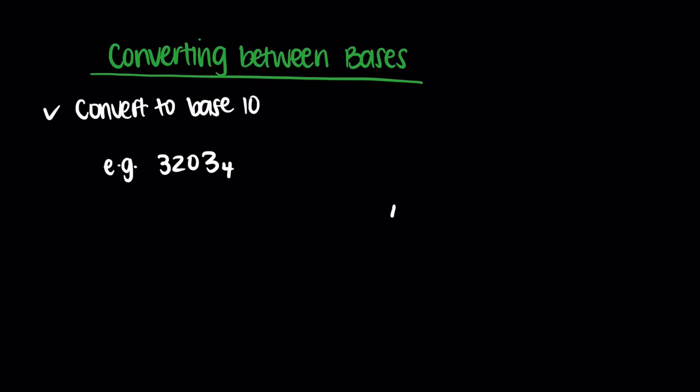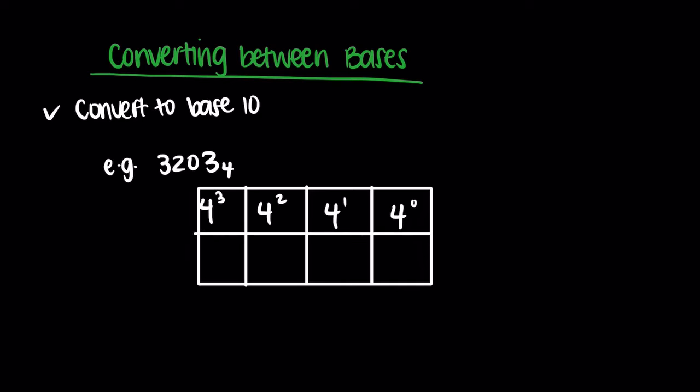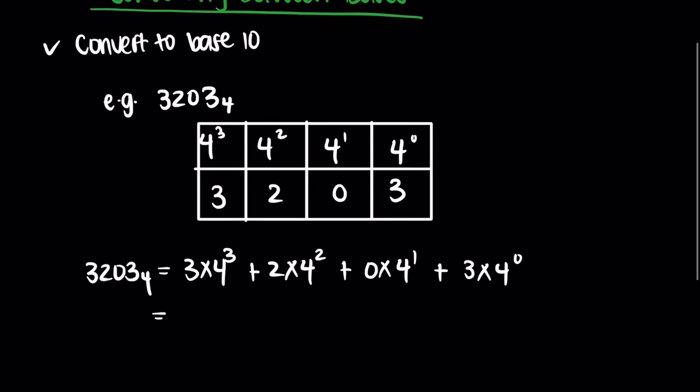We drop our place values: 4 to the 0 power, 4 to the first power, 4 to the second power, and 4 to the third power, and we place our respective digits. We get 3 multiplied by 4 to the third power, plus 2 multiplied by 4 to the second power, plus 0 multiplied by 4 to the first power, plus 3 multiplied by 4 to the 0 power, which simplifies to